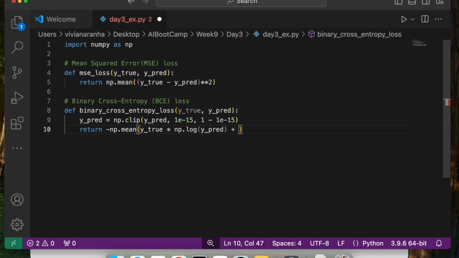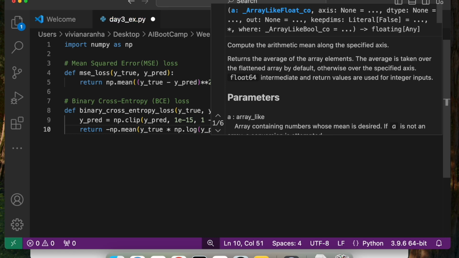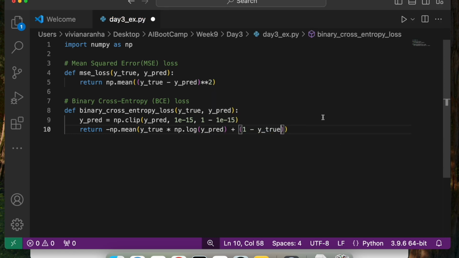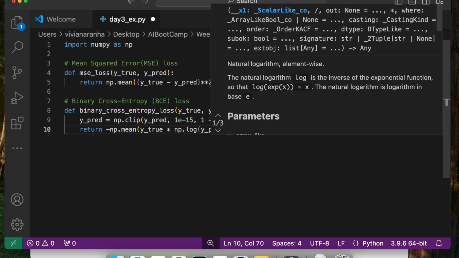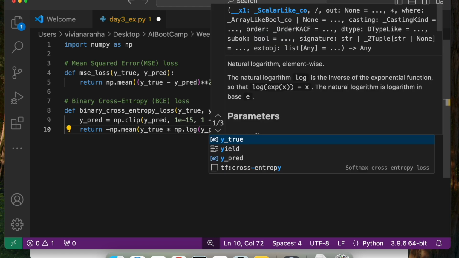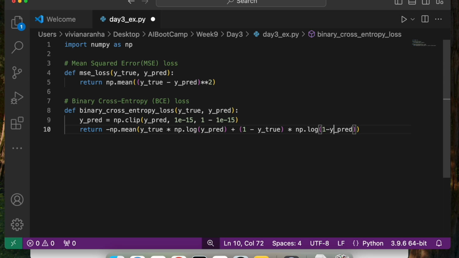And then we add 1 minus y_true times np.log of 1 minus y_pred. So this is the actual formula for BCE loss, which is binary cross entropy.